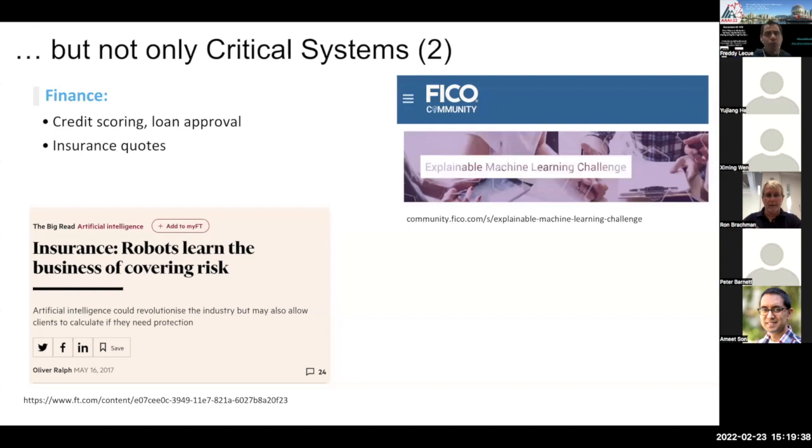And then you can move on to other applications. The finance domain is also a highly regulated context. So credit scoring, loan approval, when decisions are made, they need to be